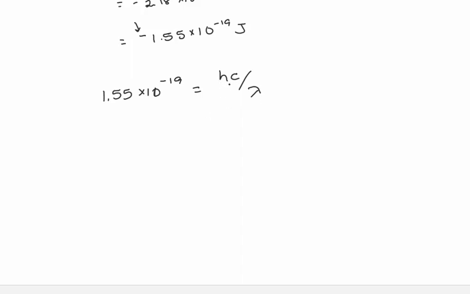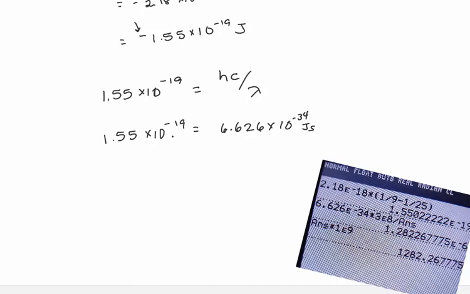Now h and c are both constants, and because they are constants, I only have one variable. So h is 6.626 times 10 to the negative 34 joule seconds. And then for c, I'm going to use 3 times 10 to the 8th meters per second. Most of the questions that you answer in my class, you can use the rounded c value. If you're used to using 2.998 times 10 to the 8th for your c value, the system should